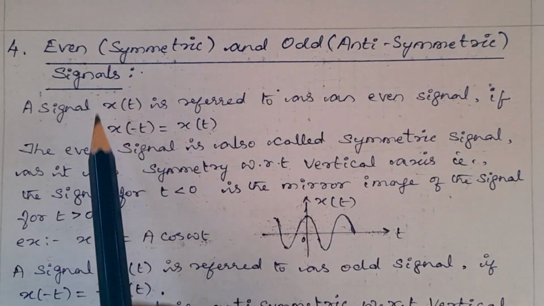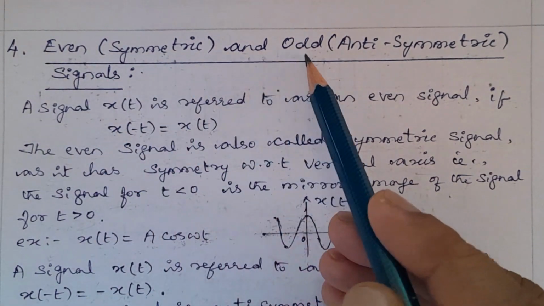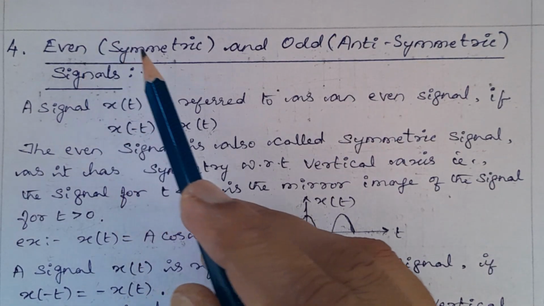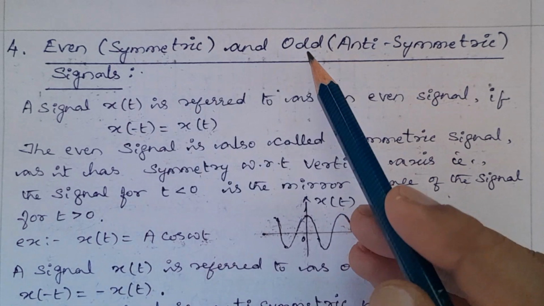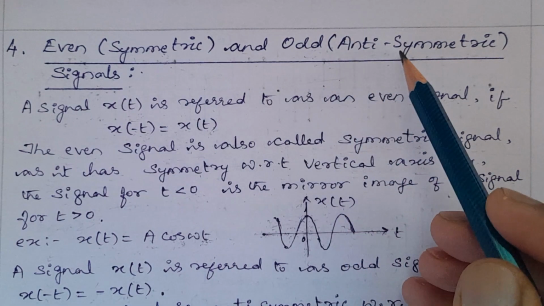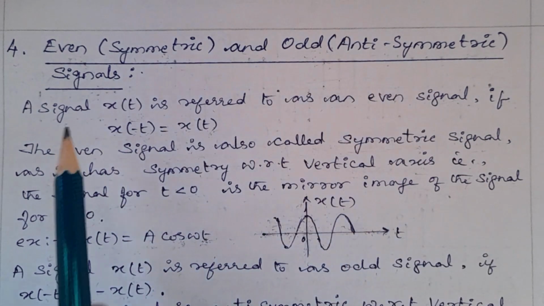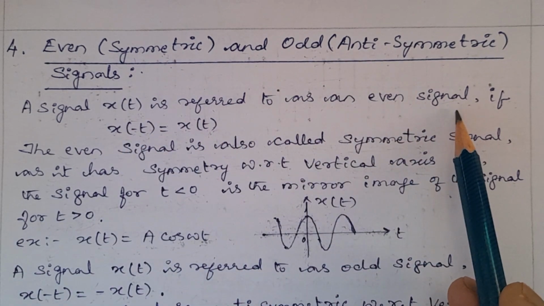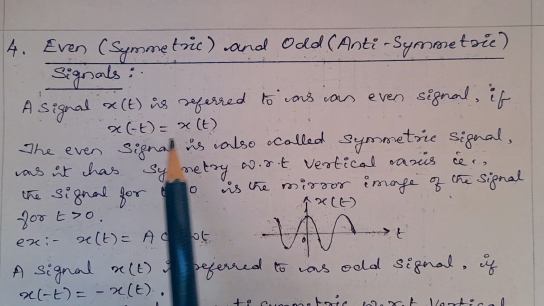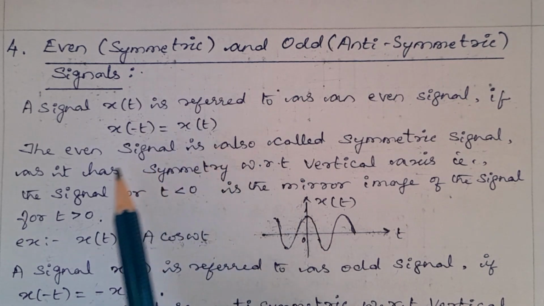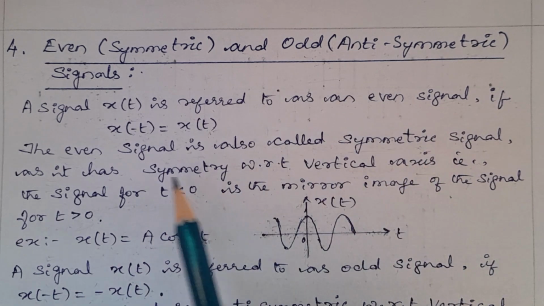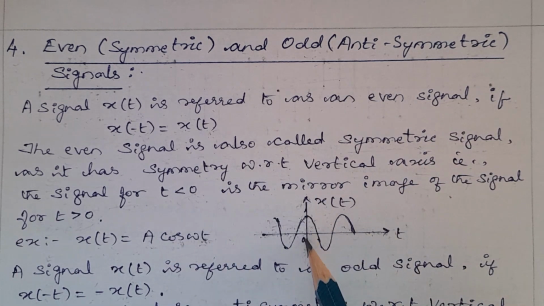Fourth classification of signal is even and odd signals. Sometimes even signals we call symmetric signals, and odd signals we call anti-symmetric signals. A signal x of t is referred to as an even signal if x of minus t equals x of t. The even signal is also called symmetric signal as it has a symmetry with respect to the vertical